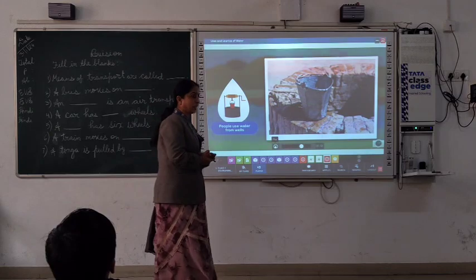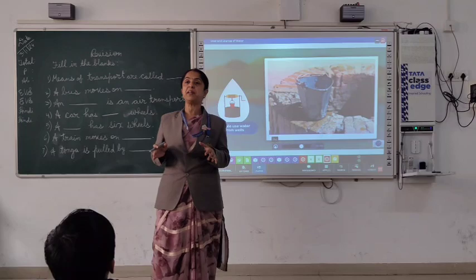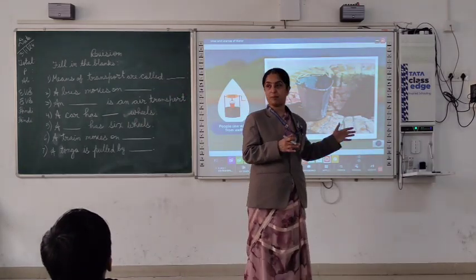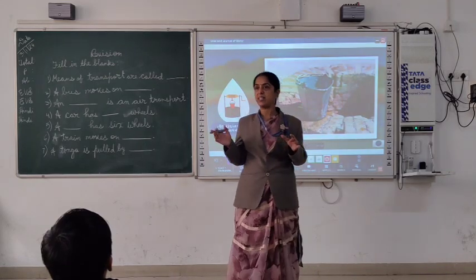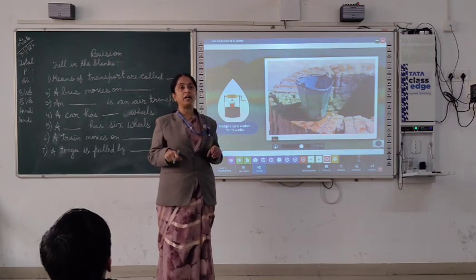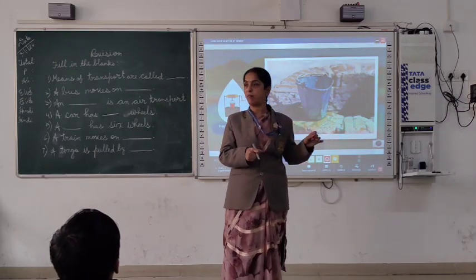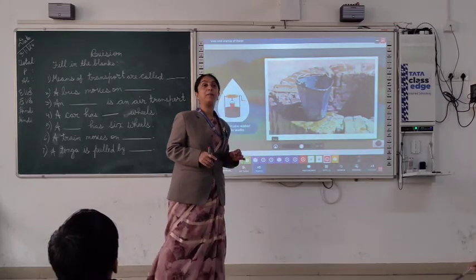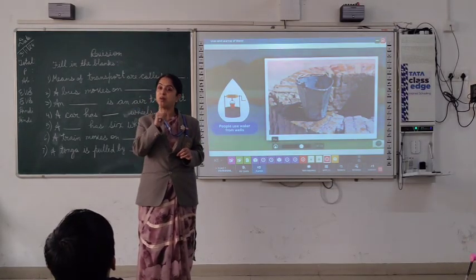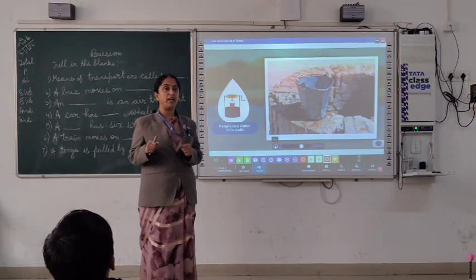But you know, in some places, people are facing a problem of water. They are not getting enough water. For water, they have to depend on public taps. In many societies, they have only one tap and that is called a public tap. They bring their buckets, their containers, their vessels and take water from that tap. But we get water from that tap only for 1 or maybe 2 hours. Okay, so they have to store that water.